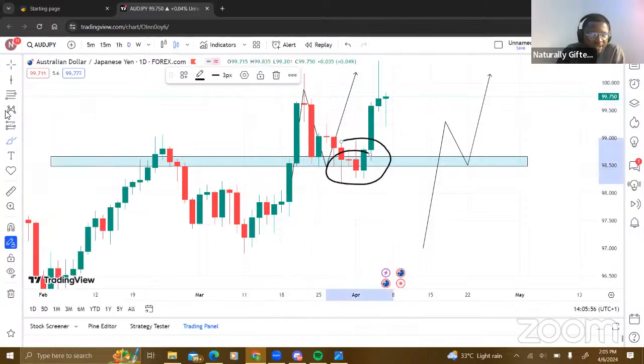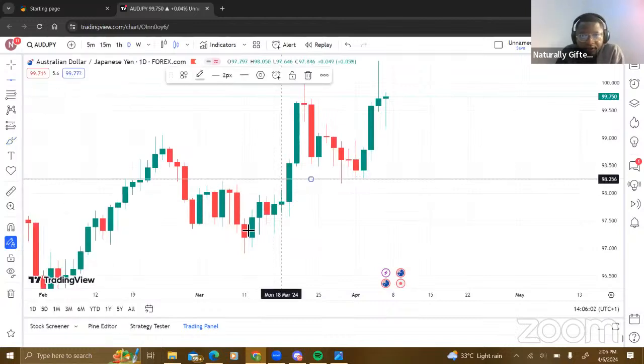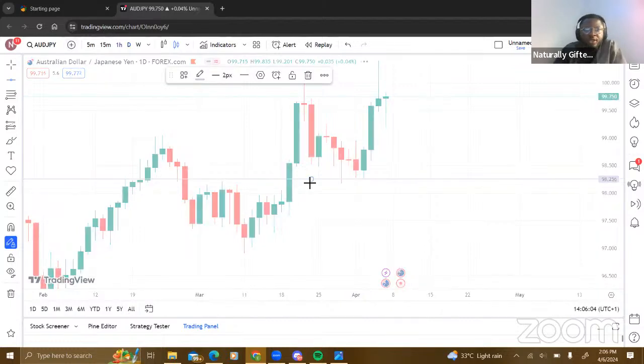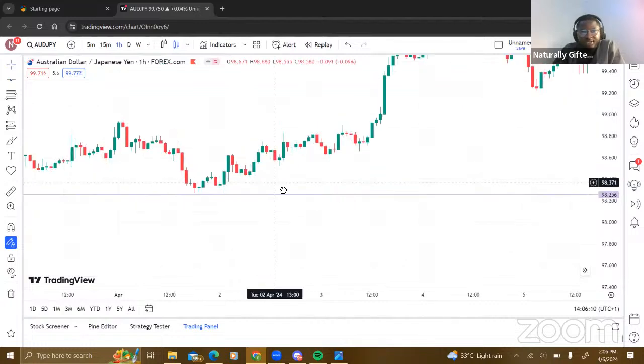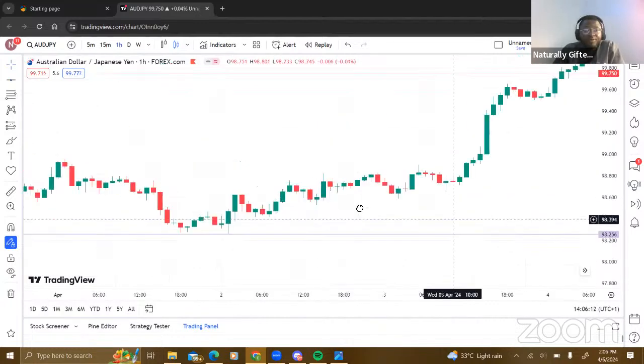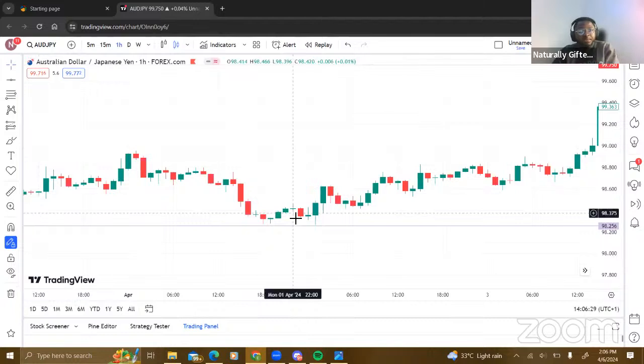Now let's look at AJ. This is a reversal zone for me. Bring it all the way to 1 hour. Remember, you're trading 1 hour because you don't have the money to trade the daily. Even if you have the money, you don't have the risk. When I say you don't have the money, I'm not saying you don't have that amount of money to trade. I'm just saying that the kind of risk you would take on the daily time frame is bigger than the one you would take on 1 hour. So if you're risking 30 pips on the 1 hour time frame, on the daily time frame, you should be looking to risk 100 to 120 pips.